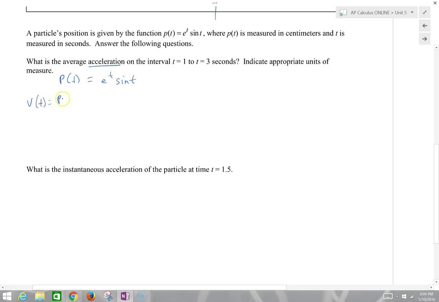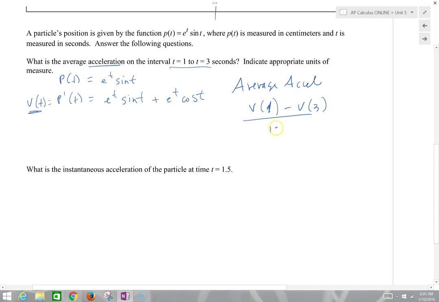Velocity of t is equal to p prime of t, and we already found that. That was e to the t sine t plus e to the t cosine t. And so we're going to use the velocity to find the average acceleration, which is going to be v of, what's our interval? Oh, 1 to 3. V of 1 minus v of 3 over 1 minus 3. So we're going to use this function in there. So we need v of 1 and v of 3, and we end up with